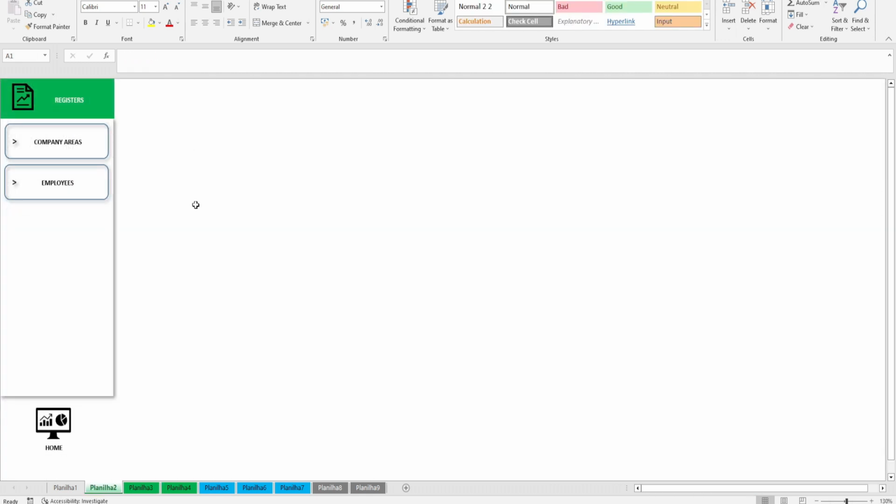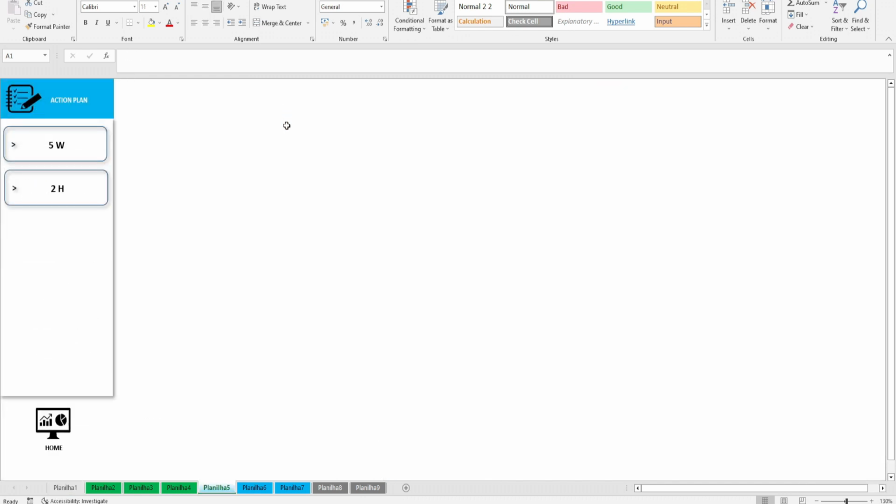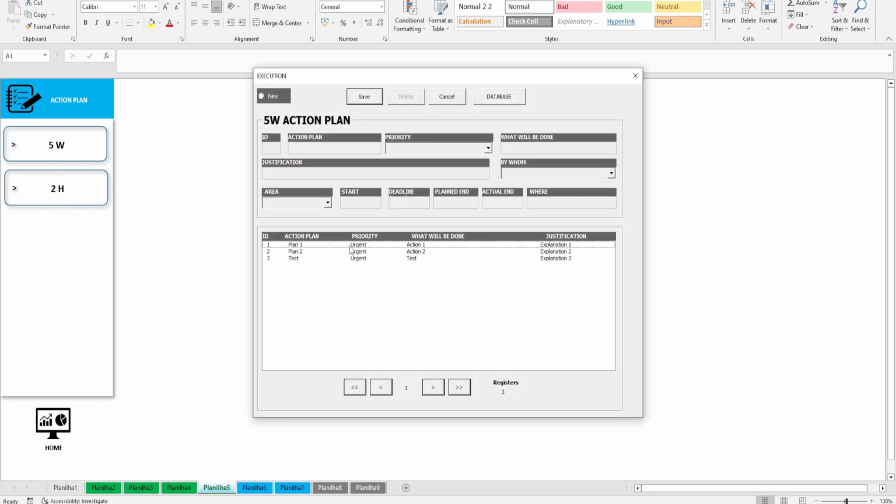To make the action plans for the company, here in the dashboard I will click on action plans. I have the option to register the plans in the 5W and the tasks in the 2H. Clicking on 5W will open this form. I will mark the option again